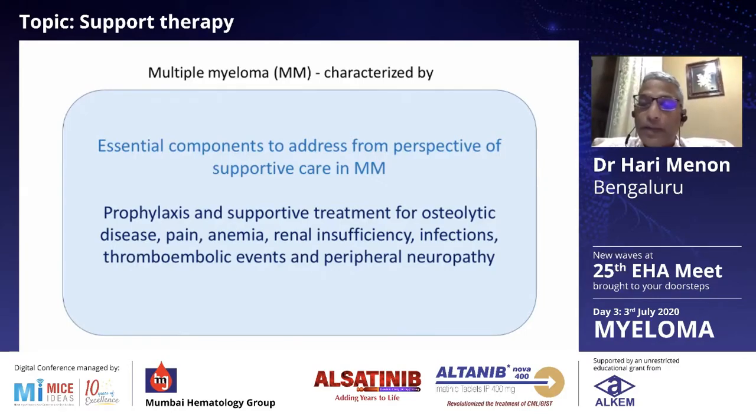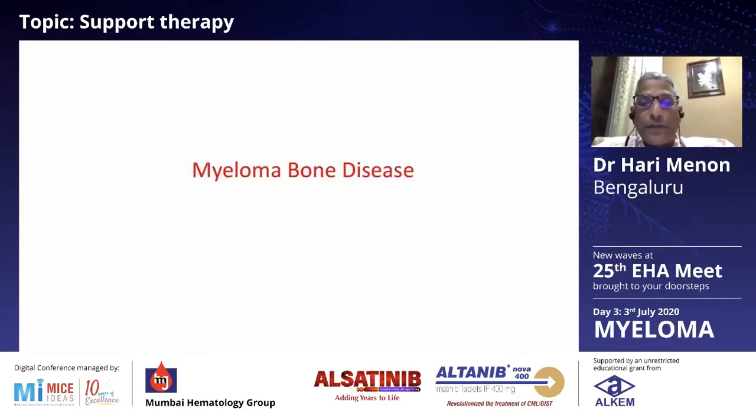Infections, as we know, myeloma is an immunocompromised condition, so infections are very common, and many patients present with infections, and there may be a need for us to take measures as prophylaxis against infections. And by virtue of the treatment itself, which we deliver to the patient, thromboembolic episodes and coagulopathy can be a problem, and one of the most debilitating problems, which is peripheral neuropathy. So there are a host of things that we need to address when we deal with myeloma in terms of supportive care. So how does myeloma bone disease